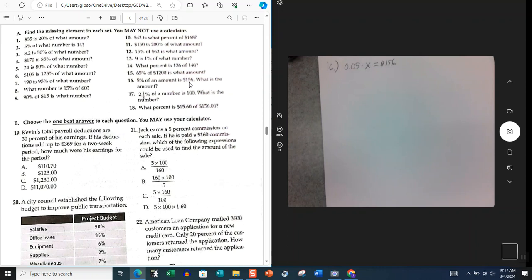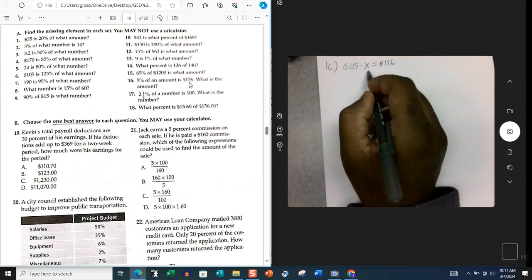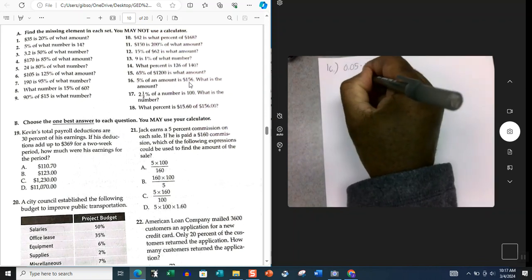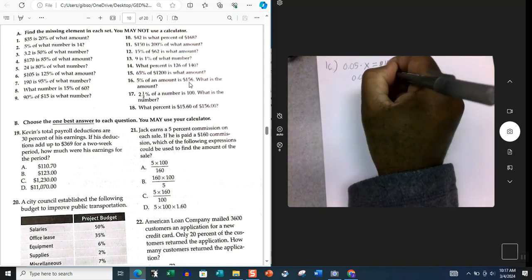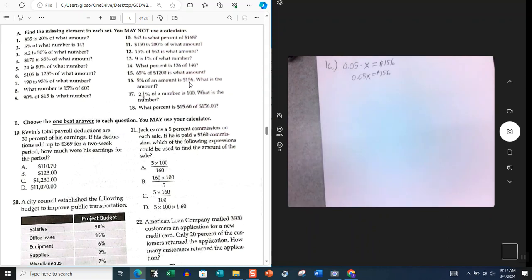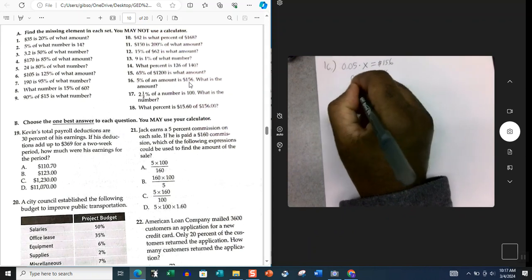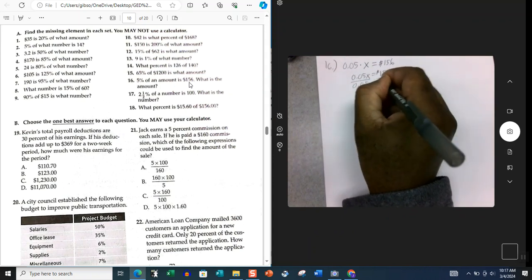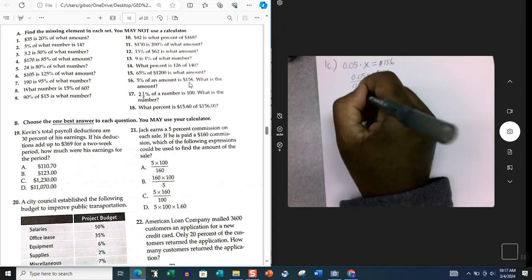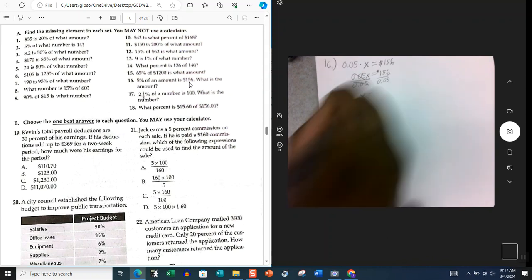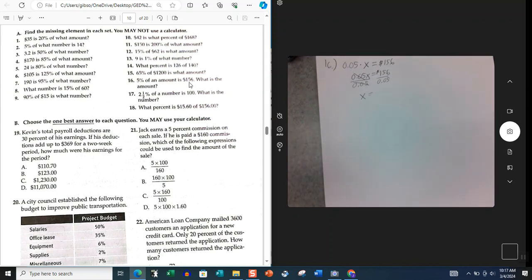Okay, so now, with that being said, 0.05 times x is 0.05x, which is equal to $156. Okay, next, we'll solve for x. We'll divide each side by 0.05. And x is equal to, because the 0.05 simplifies out,